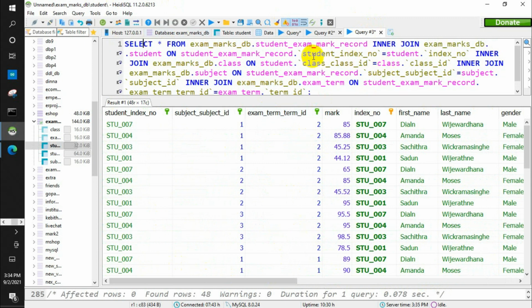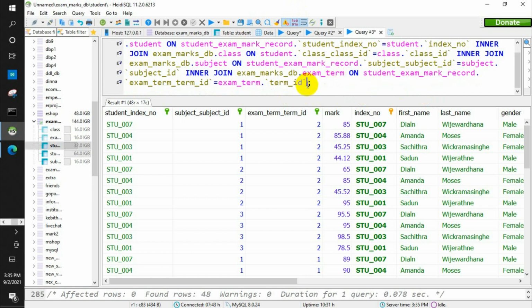Here in this query, we must filter out details of the student of the first term and the single subject. So I am going to specify that using the condition singular subject name.